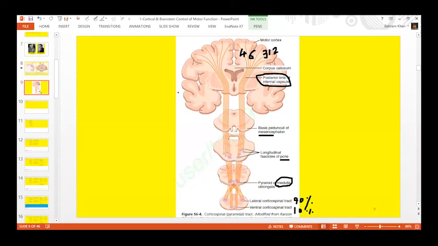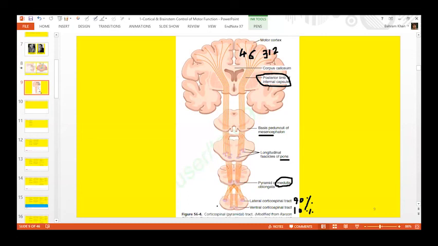All right. Meanwhile, we can summarize the pyramidal pathway or the corticospinal tract. Corticospinal tract is also known as the pyramidal tract. Why do we call it pyramidal? Because all these fibers form a bundle, a swelling at the level of medulla, which looks like a pyramid in shape.